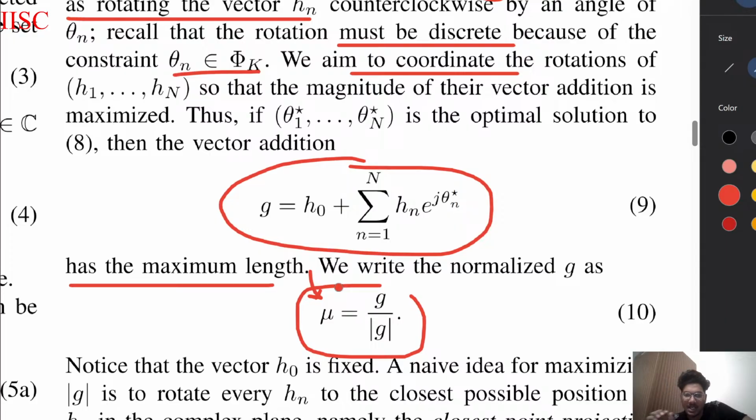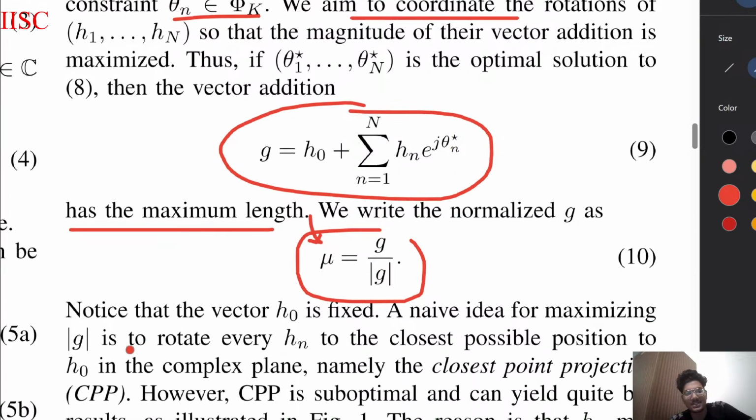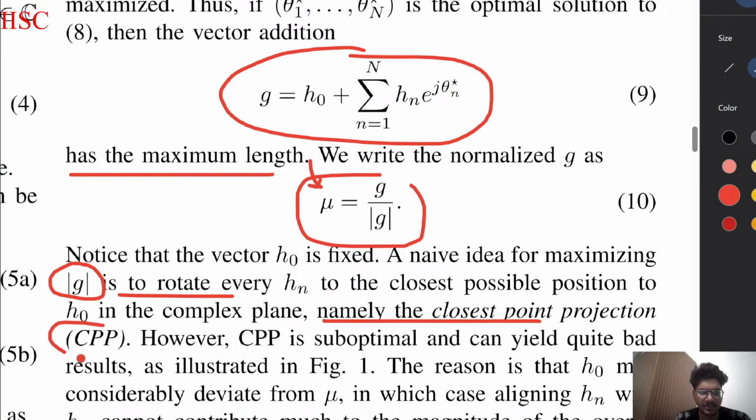A naive idea for maximizing the modulus of g is to rotate every h n to the closest possible position to h naught in the complex plane. Our target is to maximize the modulus of g, so we make every h n as close as possible to h naught. This is namely the closest point projection, which we term CPP. However,